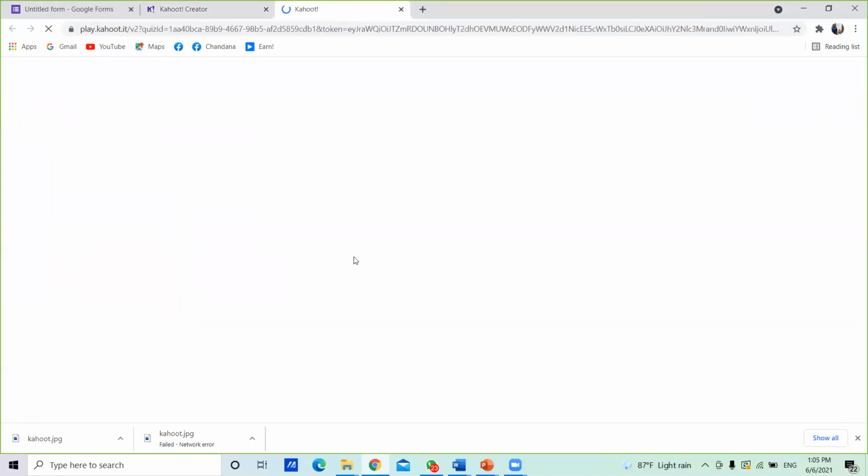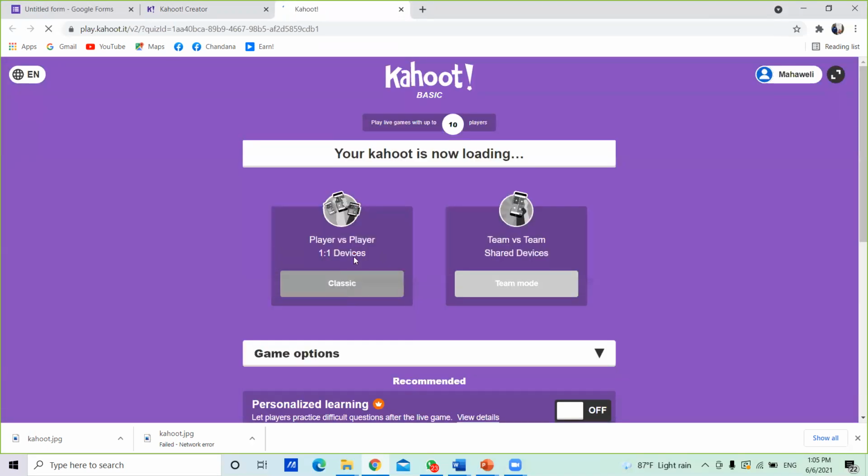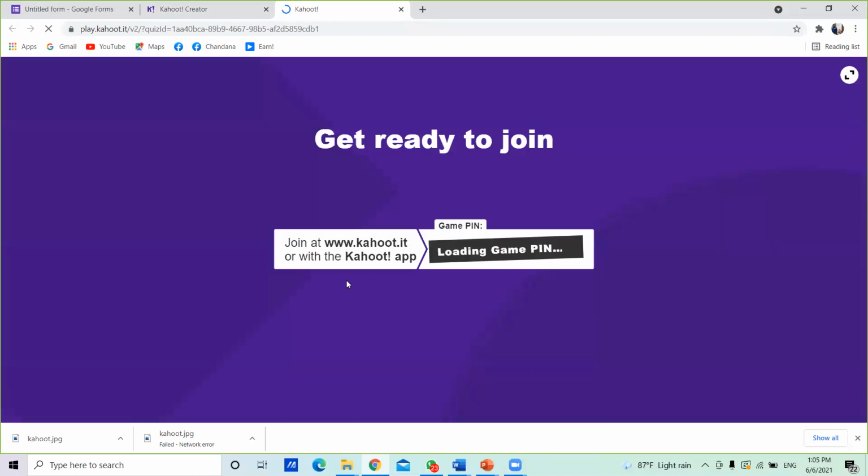Right, once you click teach, what happens? It will ask another question that I already explained. It will ask if you want to play this game in classic mode or team mode. Classic mode means individual playing. The students are allowed to play individually. That means all the students can play. Team mode means the students are allowed to play this game as a group. Like this example, I select classic.